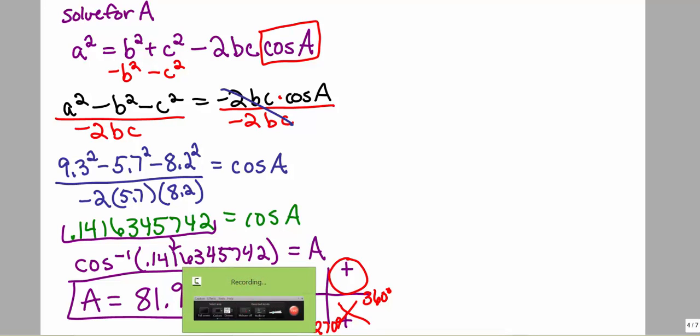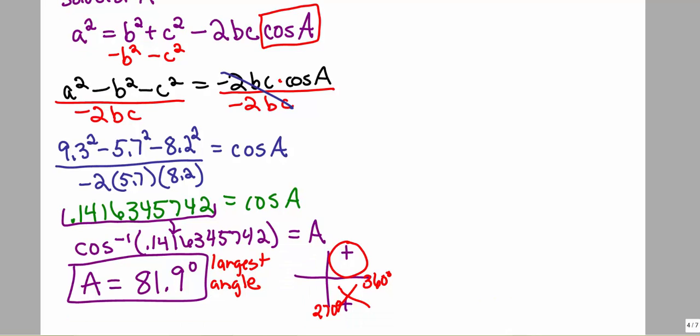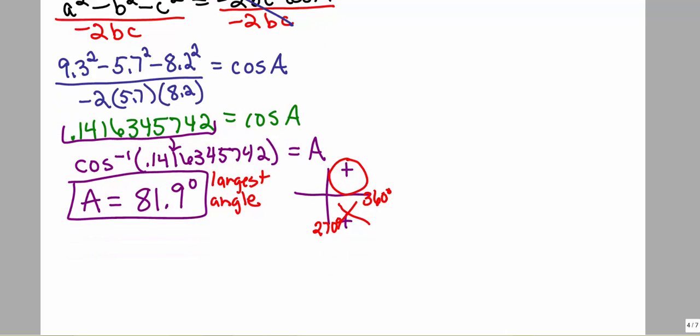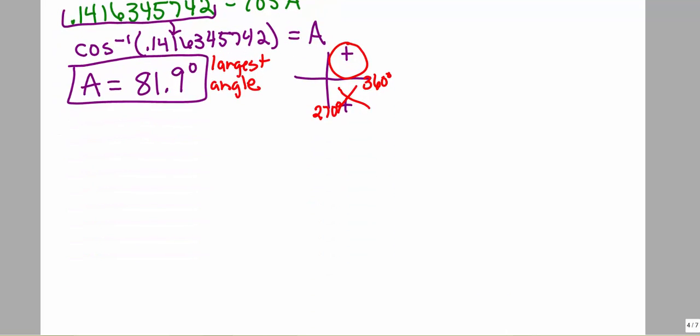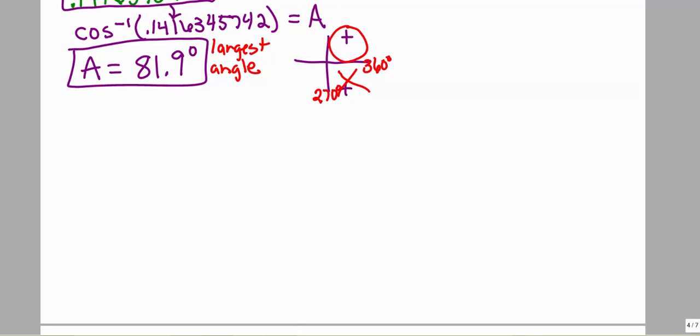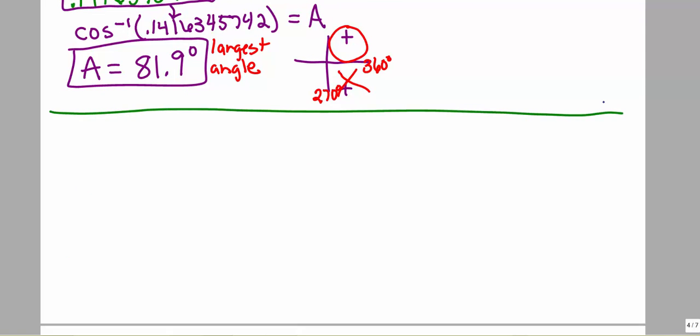Now we want to solve first using the law of cosines. We want to first solve for the largest angle, because what we're going to do next is we're going to solve for the other angles using the law of sines. So now we know angle A. We're going to use the law of sines to solve for angle B or angle C. Let's solve for angle B. So now we know that